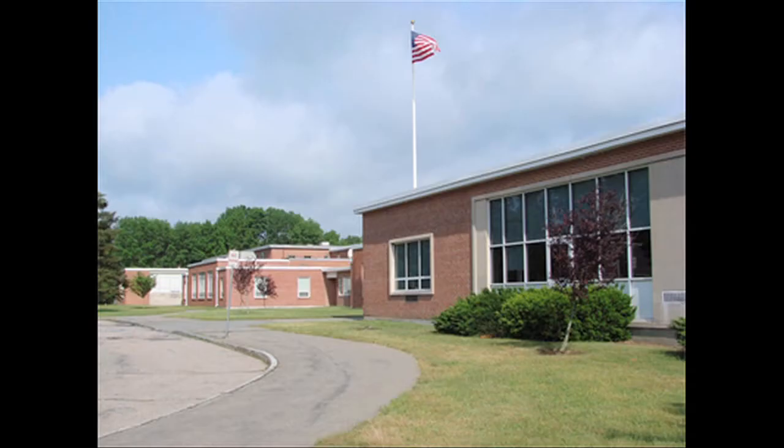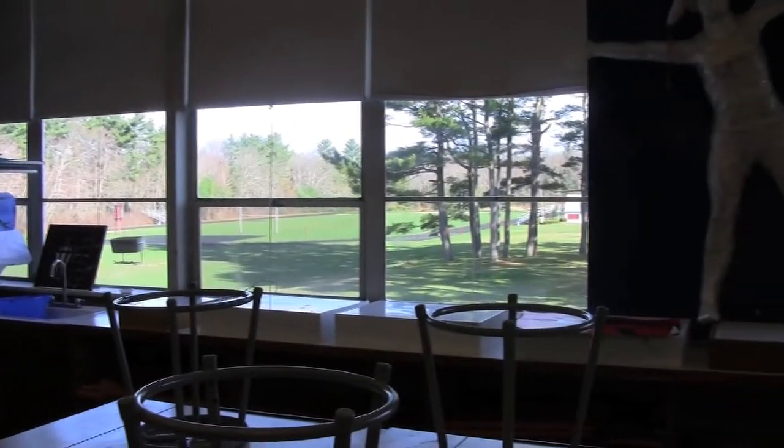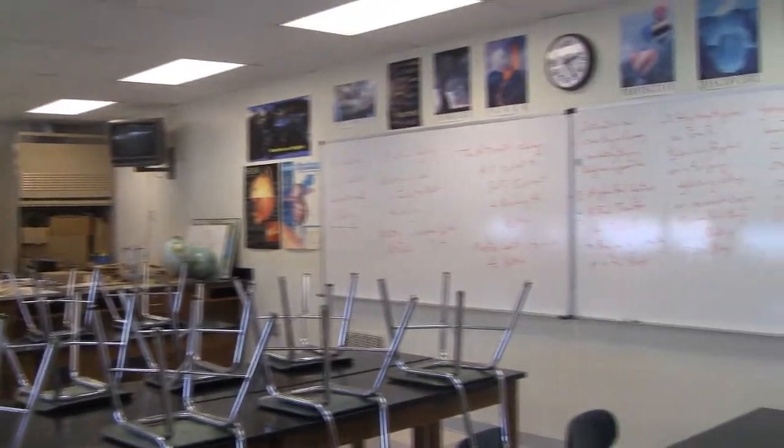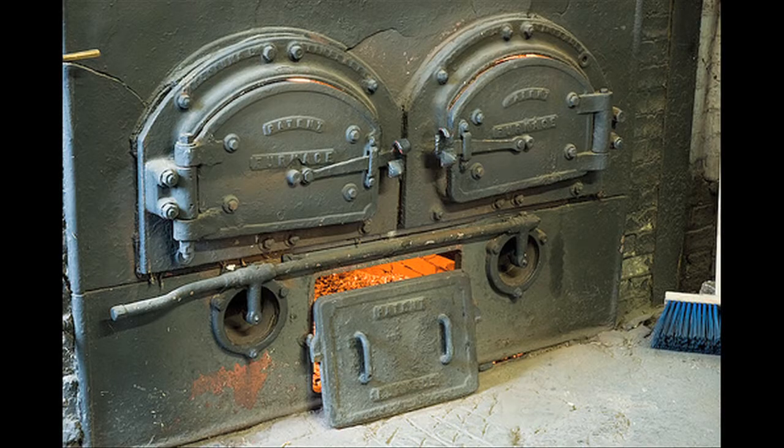It seems that even though the courses in the interior of the building have changed, the main structure of the building has remained the same since the 1970s. Well, I think probably the oldest thing that we have in the school is in the basement. We have an incinerator room with an incinerator in it that they used to burn the trash for the school